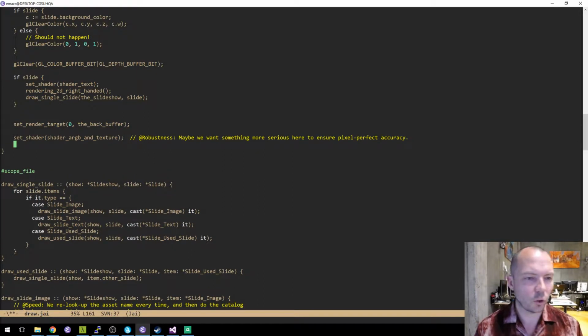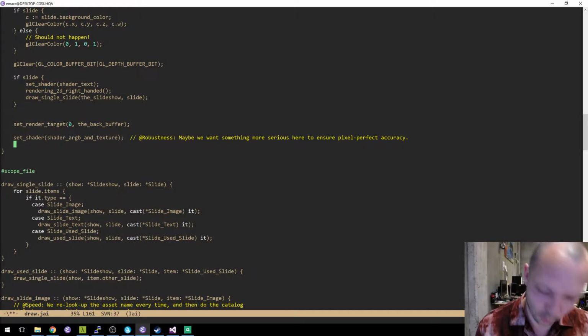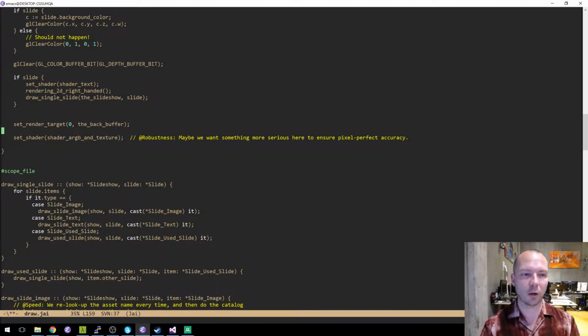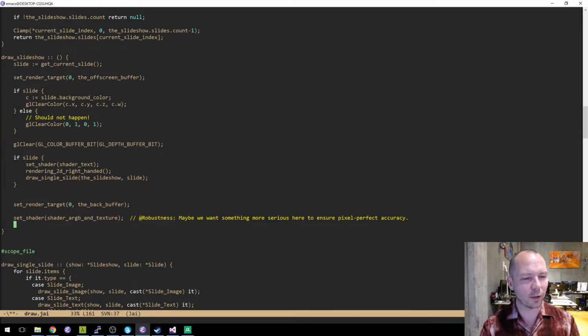Not exactly sure what I think about that. Because if we draw things, I usually like to have a shader that's meant exactly for color-to-color copies, because otherwise you might perturb things by a little bit and get a slightly blurry output or something. But I don't think that's really a danger here. We'll see. Okay, so I'm going to set the render target and